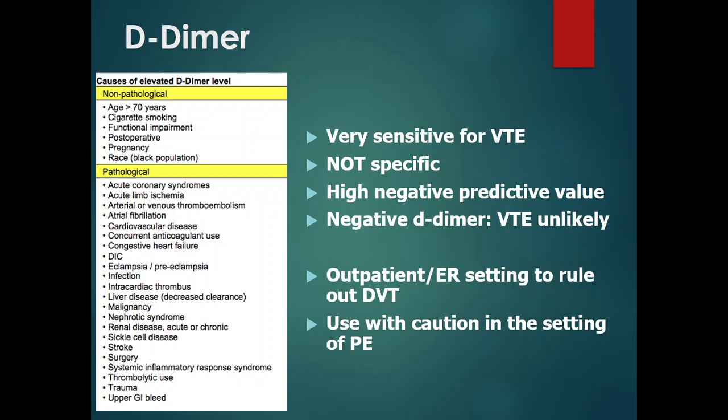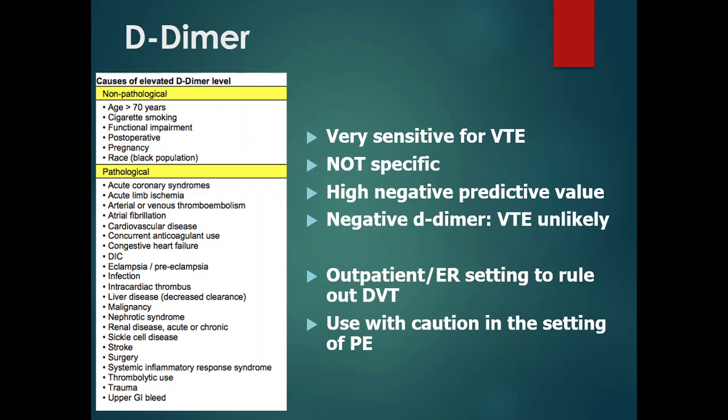It's very sensitive for venous thromboembolic events, but it's not specific because other things can cause an elevated D-dimer, like people elderly, more than 70, the cigarette smoker, post-operative, pregnancy, some races like black people, and acute coronary syndrome, acute limb ischemia, atrial fibrillation, cardiovascular disease, DIC, eclampsia, infection. For example, recently COVID-19 infection is associated with a high D-dimer, liver disease, malignancies, a long list of things that can